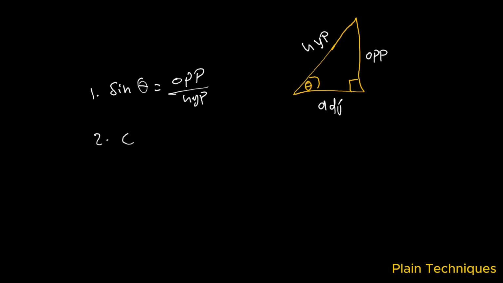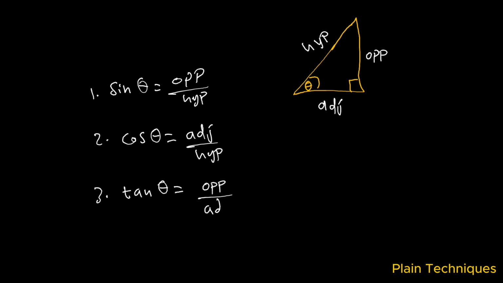So the second ratio, which is cos theta, which is adjacent over hypotenuse, all right? And then the third one is tan theta, which is opposite over adjacent, all right? Now, the best way to remember these trigonometric ratios is to use a mnemonic called "Oh hell,